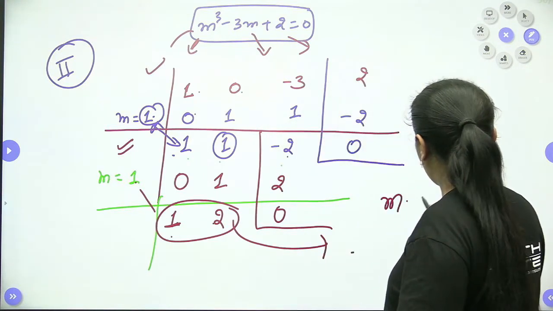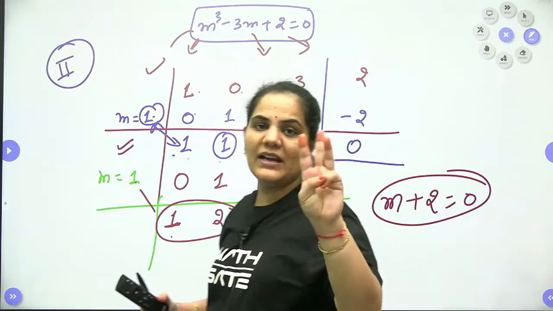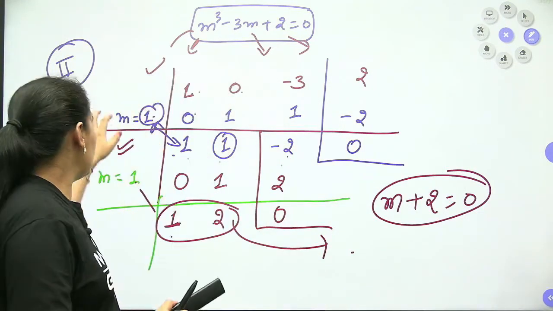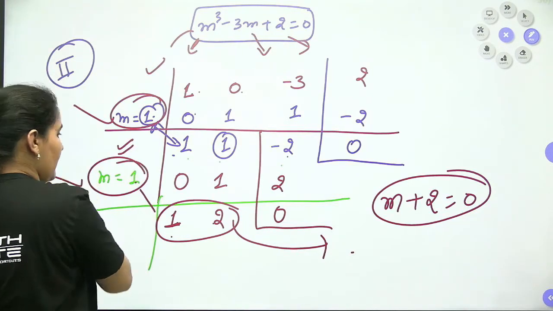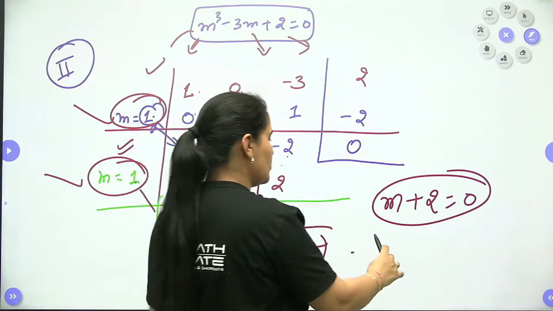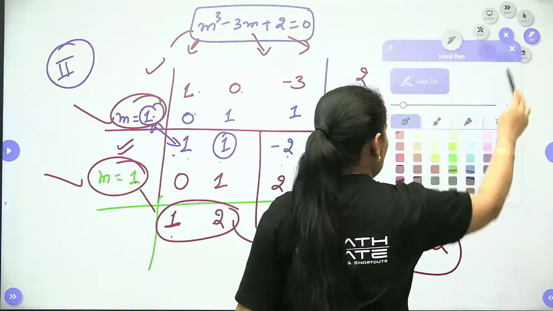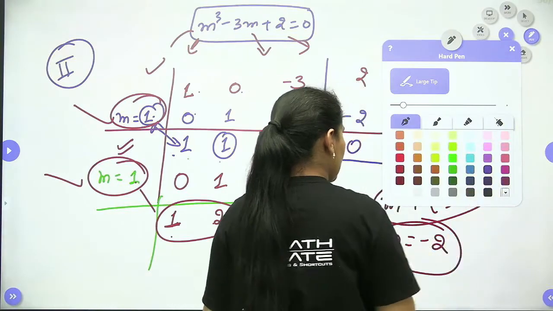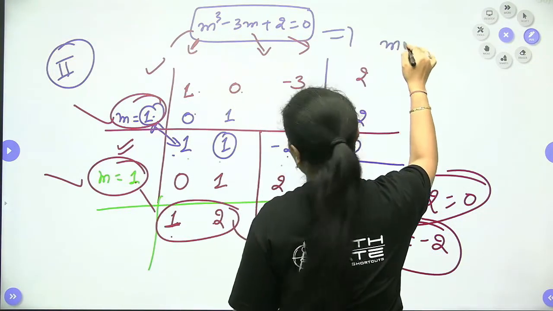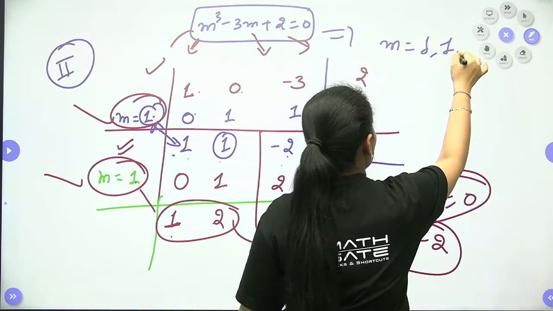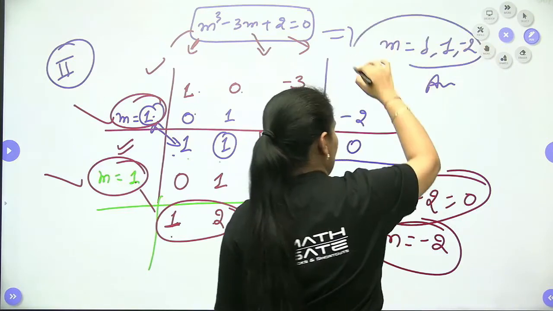So it will be m plus 2 is equals to 0, my dear students. From here we are having three factors. You can see the first factor is m is equals to 1, yes, m is equals to 1, the second factor, and m plus 2 is equals to 0, so it will be m is equals to minus 2 only. Yes, exactly. So we can say the roots of this particular equation will be m is equals to 1, 1 and minus 2. So that's why it will be your final answer.